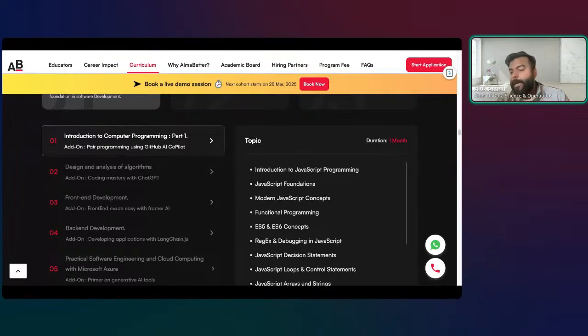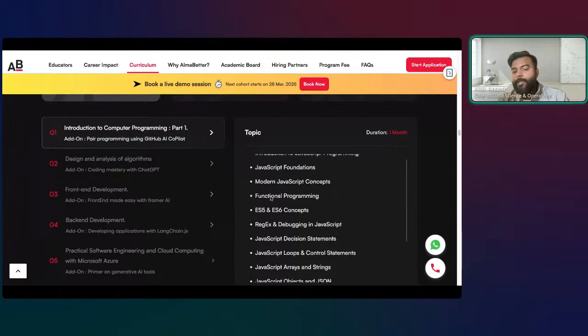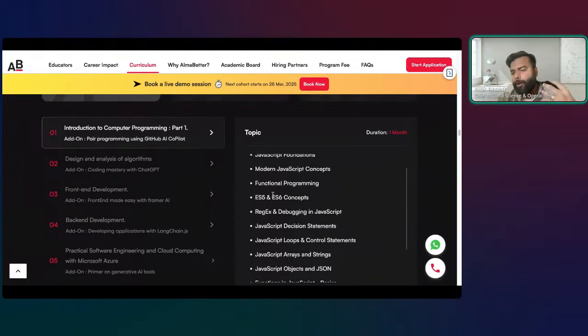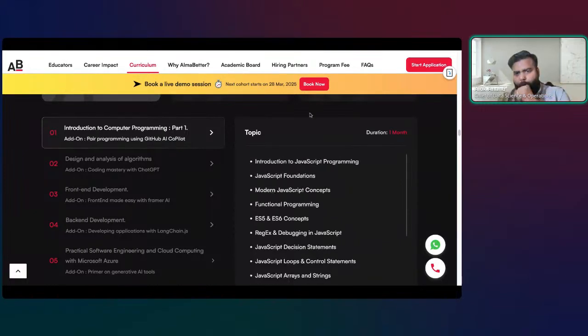But the important aspect is where you should start, and how much you need to learn to be ready for the job, right? So start with the first one, JavaScript. JavaScript is one of the core languages for web development, right? JavaScript helps you with a lot of functionalities. All the interactions which you see over here are mostly done through JavaScript.